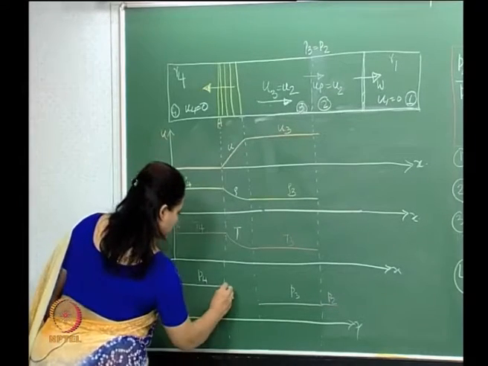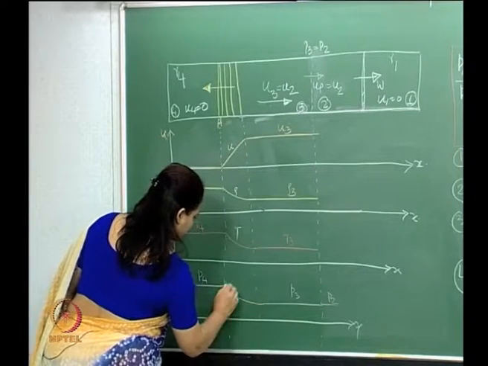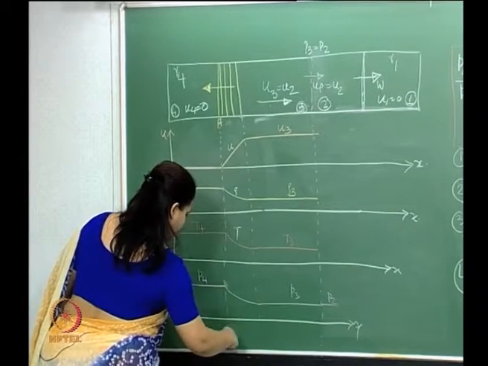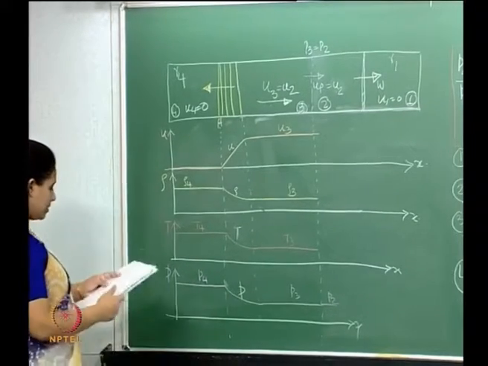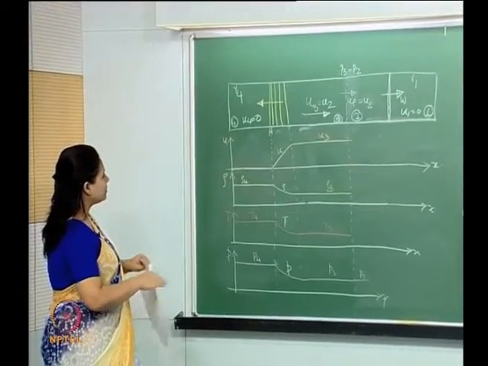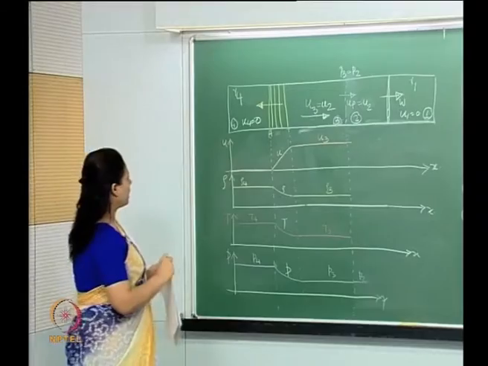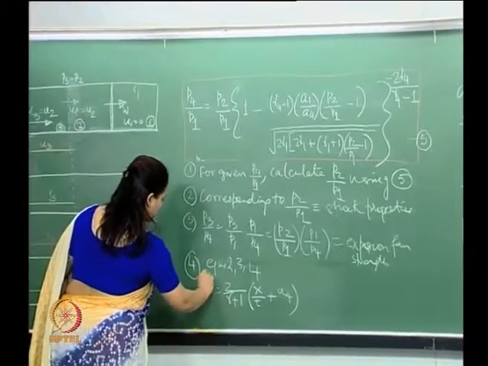And again in here we have a nonlinear relationship. So therefore this is P. So what we can see is, if you look at this relationship,